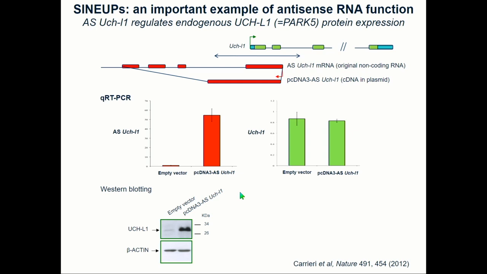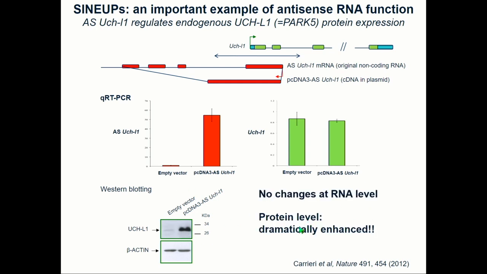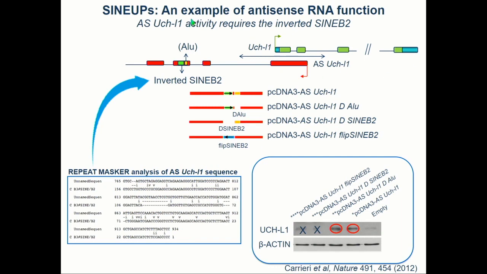And knowing all the siRNA, microRNA, we would expect that some antisense will decrease protein expression. However, we were very surprised that by adding the antisense, we can see much more protein. So there is no change at RNA level, but a dramatic increase of protein level in the presence of the antisense. So this is unexpected, but we started to map, and we identified, by computational analysis, that in